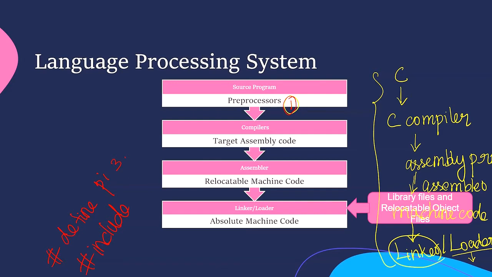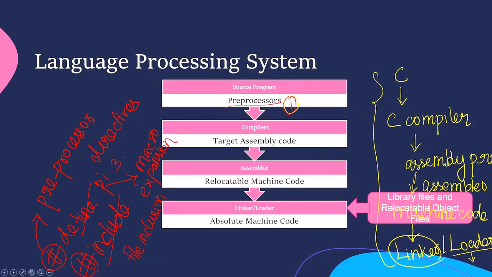These are closer to humans. We know what they mean, whereas they are far away from machines. These hashtags are called preprocessor directives. They direct the preprocessor about what to do. The preprocessor removes all the hash include directives by including the files, called file inclusion, and all the hash define directives using macro expansion. It performs file inclusion, augmentation, macro processing and lots of other work.